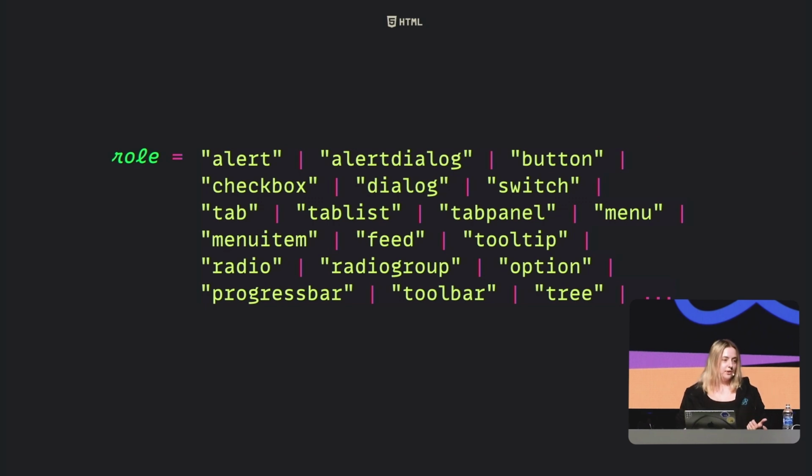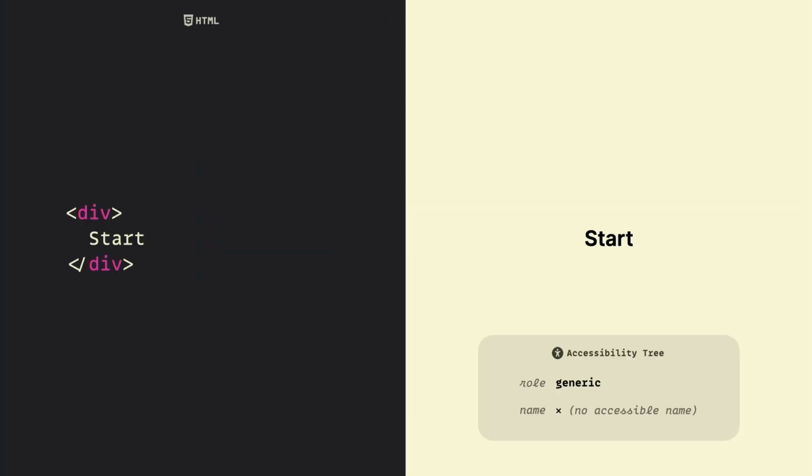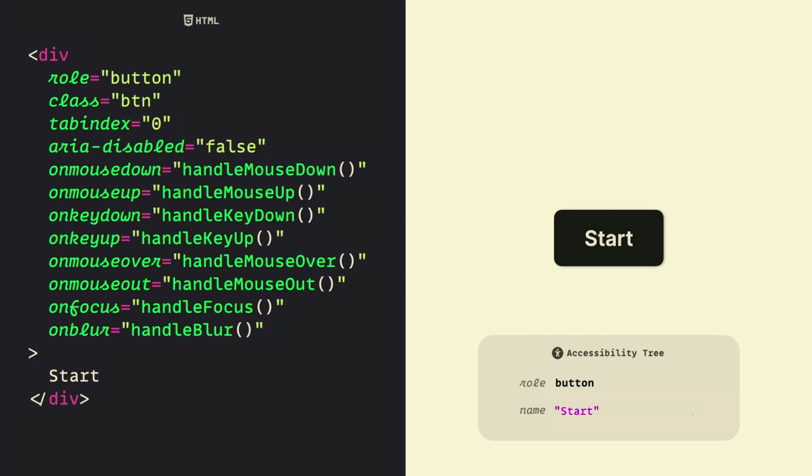However, it's important to note that all of the ARIA attributes only provide semantics. They don't modify behavior or appearance in any way. So if we were, let's say, to set the role of button on a div, yes, it will get updated in the accessibility tree and will be communicated to the user as a button, but it won't make an actual focusable, pressable button out of this div. So we would need to implement it ourselves by adding some functionality in CSS and JavaScript.